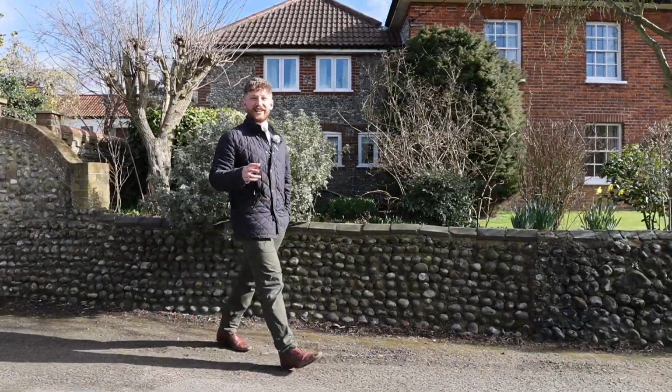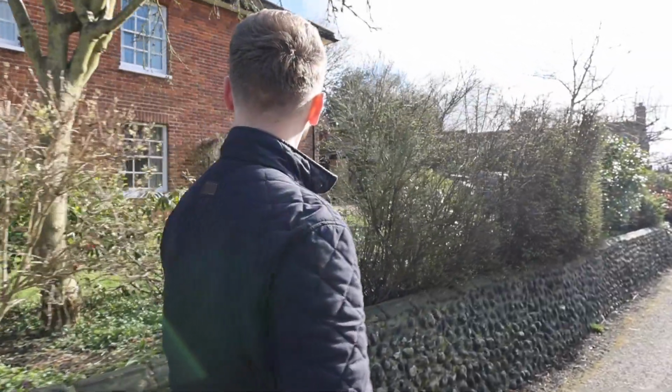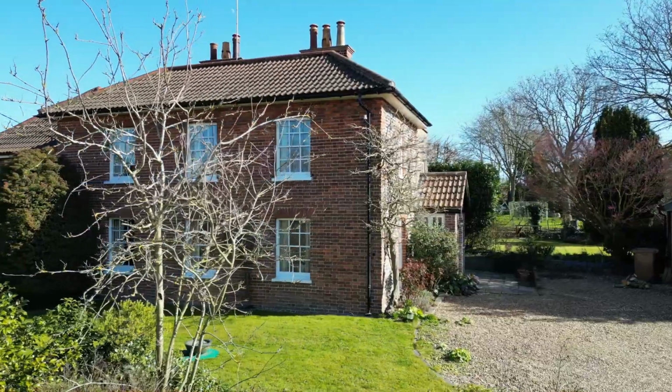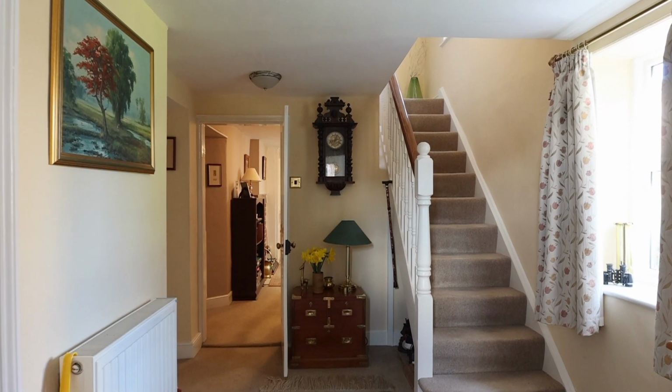I think we'd all agree every house has a story, and a property such as this, which dates back to the 18th century, is steeped in a rich and full history. Something a little different for today. We're going to start the story at the end with our current owners that have been here for some 20